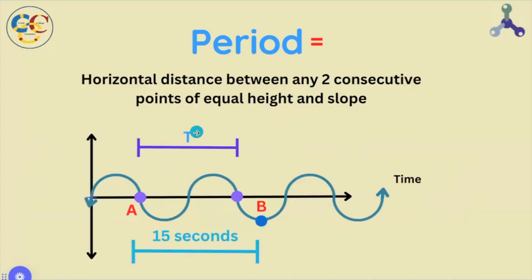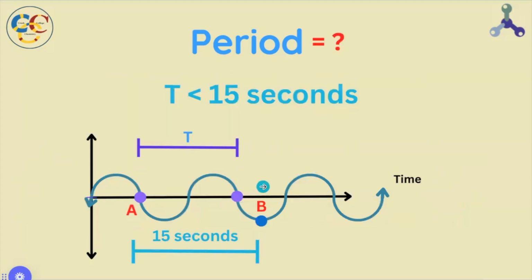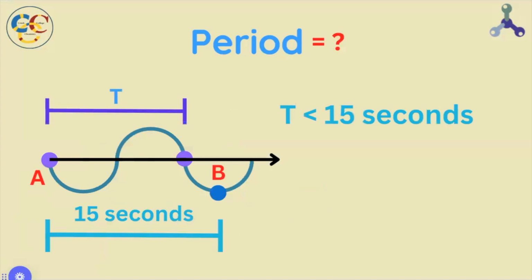We map out a period on the graph from either one of the points. In this case, we chose A and wrote a period after. And we can clearly see that our period, what we're trying to find, is less than 15 seconds. But by how much? Let's zoom in on the specific part of our graph, separate it by nodal segments, the